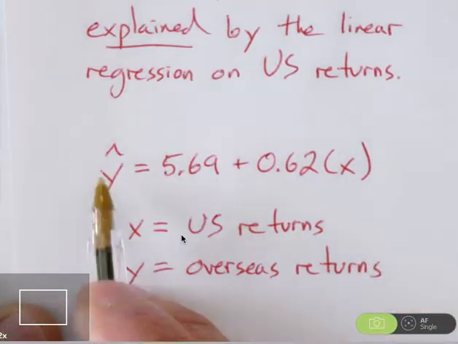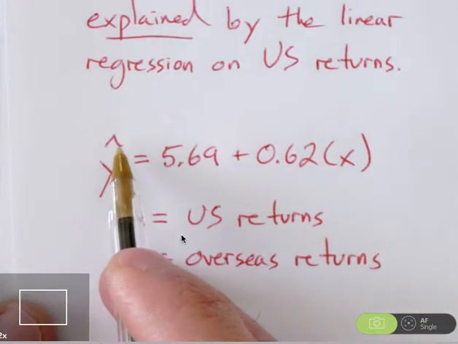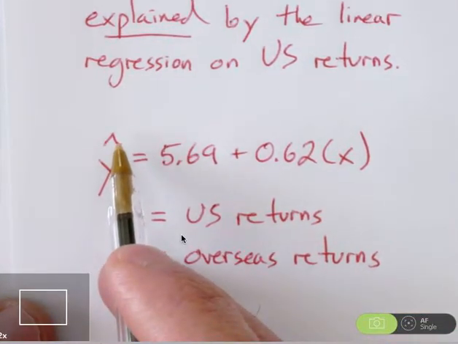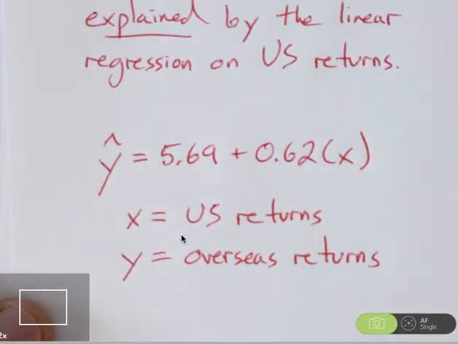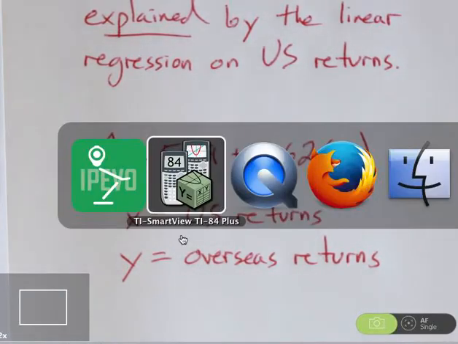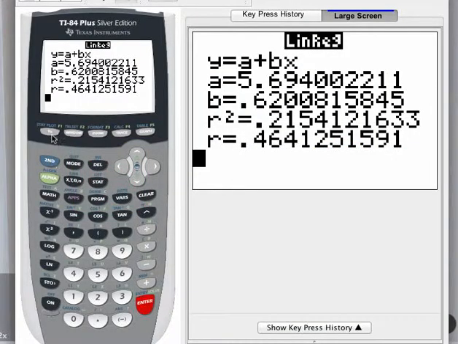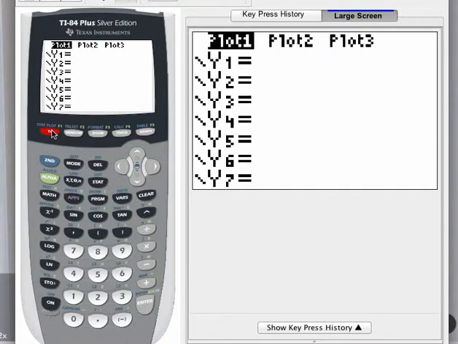It is important that you have a hat on Y. The hat on Y indicates that you are making a prediction, so that's particularly important. You're asked to draw the line on the scatter plot, so we can do that on the calculator just by putting it into the Y equals menu. So I'll go into Y1 and I'll just type in the 5.69